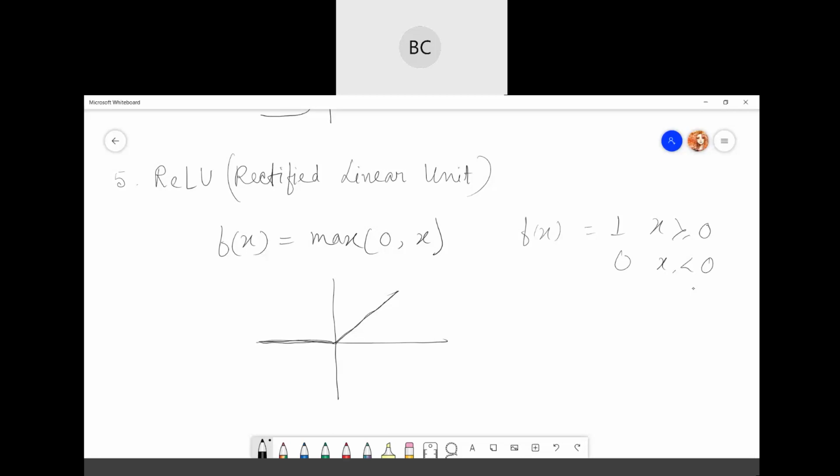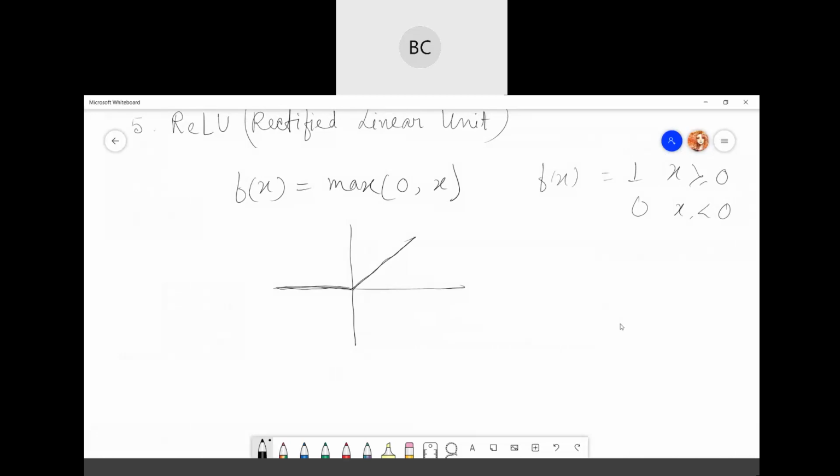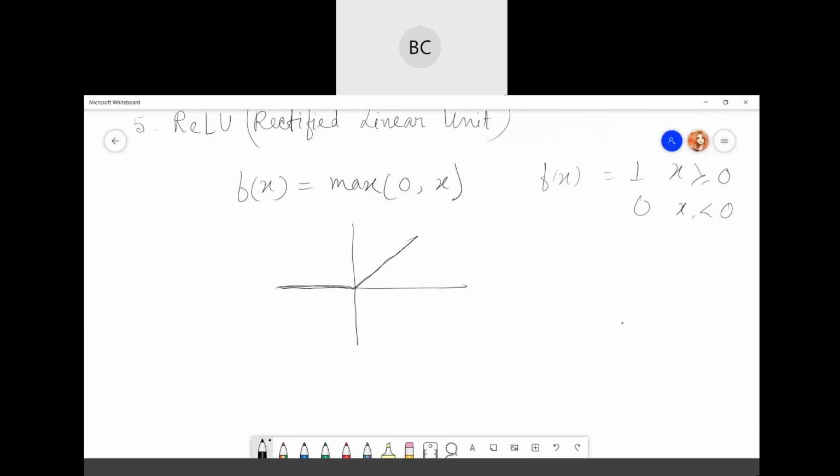That means during the training of your MLP, the weights and the biases of some neurons are not updated. Since it makes all the negative values 0, sometimes you might need some of the negative values as well. So it has that type of disadvantage. To overcome this problem, we have different types of ReLU, mainly used for deep learning. I'm just giving you the names, maybe in future it will be helpful for you guys.